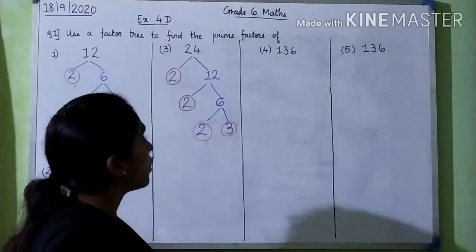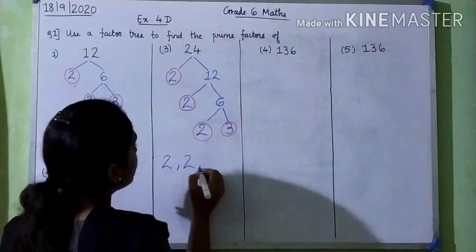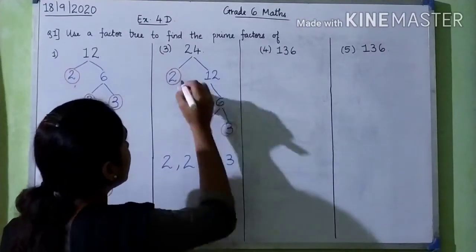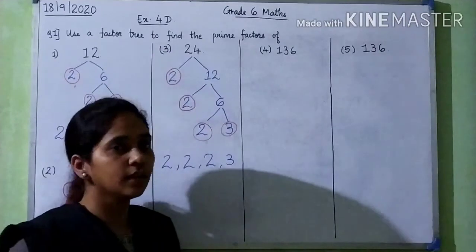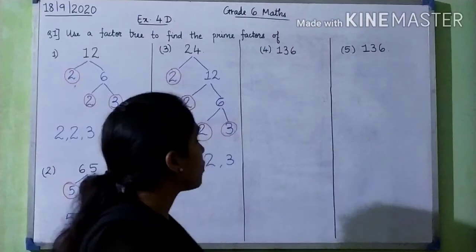So what are the prime factors of 24? The prime factors of 24 are 2, 2, 2 and 3. Okay, 2, 2, 2 and 3 are the prime factors of 24. Now we go for 136. Now 136,